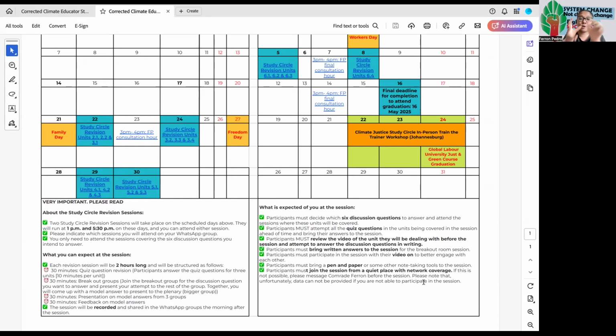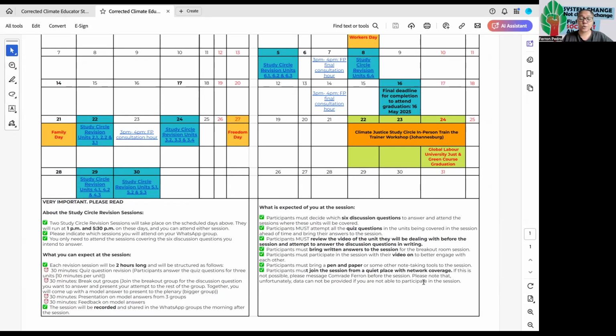So 2.1, 2.2, and 3.1. If you want to answer the discussion question for unit 3.1, which I think is about Colombia, then you would join that breakout group, and all the people who are answering that question would come to that breakout group, and they would say how they would answer the question, and together you would come up with some kind of model answer, which you would then present to the rest of the groups, the three groups, at the